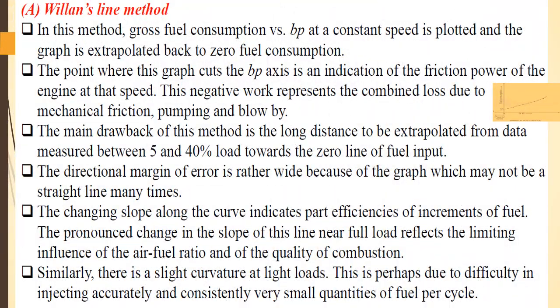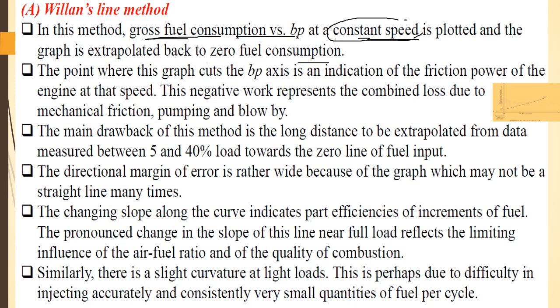So first we discuss the Williams line method. This is the Williams line method, and in the next slide we will discuss it again in detail. In this method, gross fuel consumption versus brake power at constant speed is plotted. This is very important: we are talking about constant speed. The graph of fuel consumption versus brake power at constant speed is plotted, and the graph is extrapolated back to